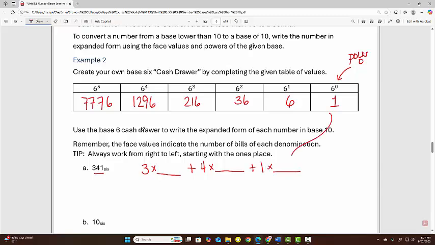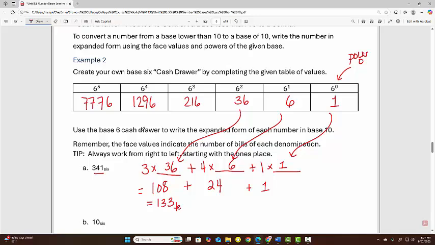Now we always start farthest to the right. This is going to be a place value of 1. So this is 6. So this is 36. So now we just need to do our arithmetic. So let's see. 3 times 36 is 108. Remember, multiplication comes before addition, so we're going to do all the multiplying first. So we have 108 plus 24 plus 1. So adding that up, we're going to have a total of